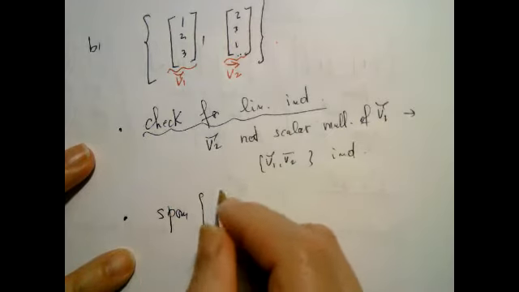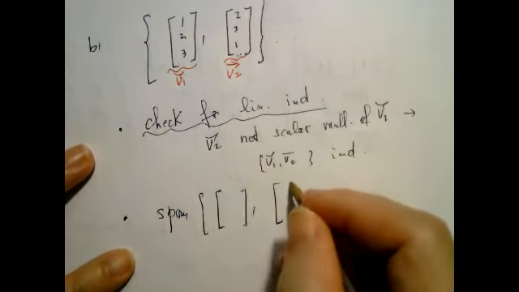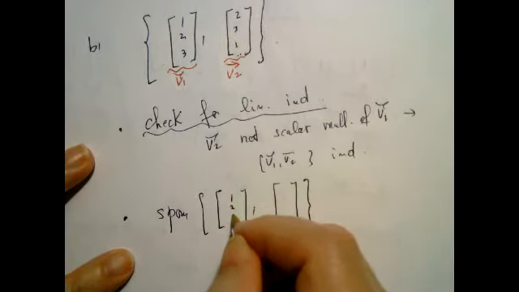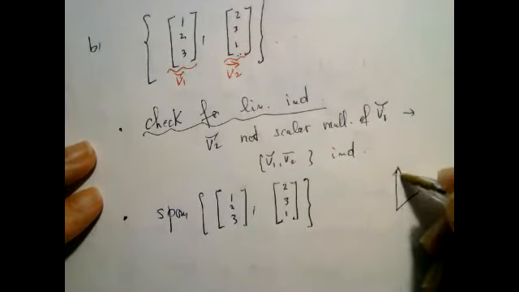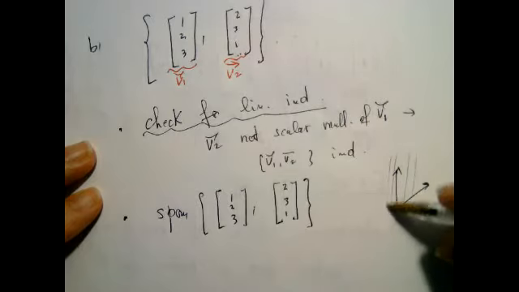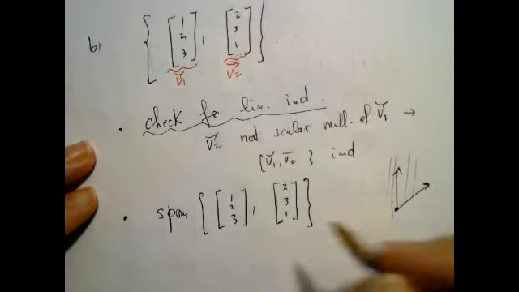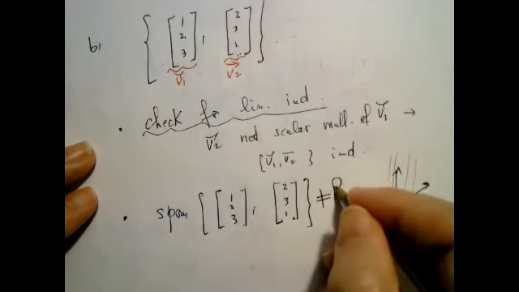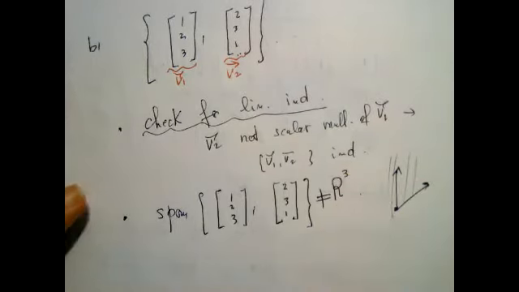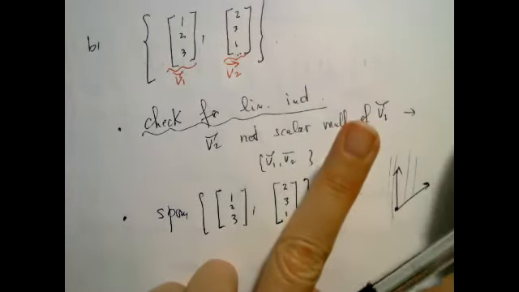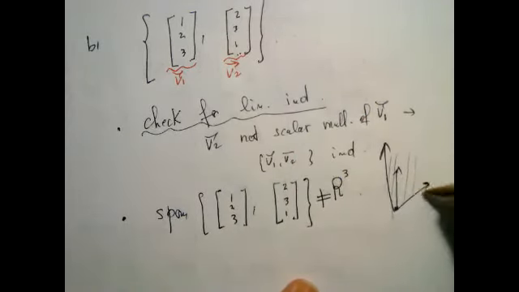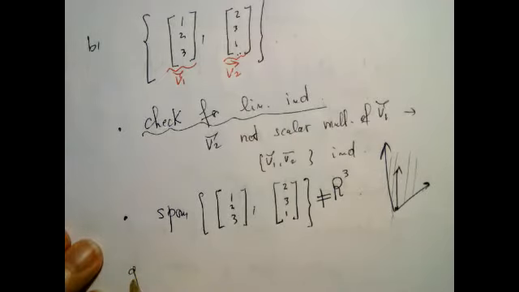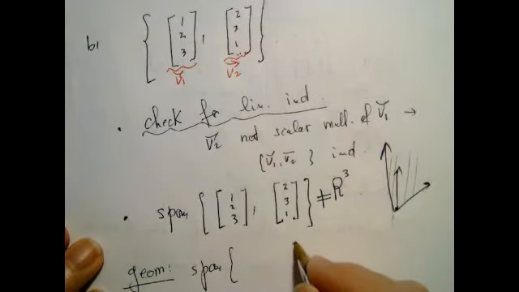So if I take their span, those are 2 vectors. And if I have 2 vectors in R3, and I start taking every possible linear combination of them, what do I get? There is no way I can get all of R3. Every vector which is up here cannot be written as a linear combination, because geometrically, the span of those two vectors